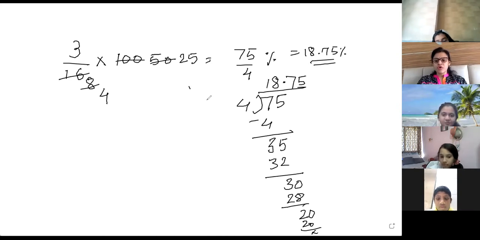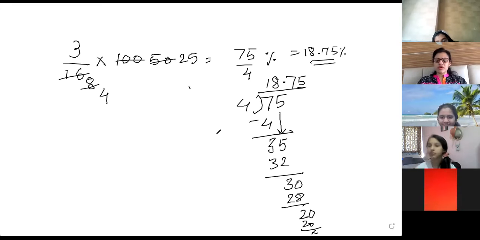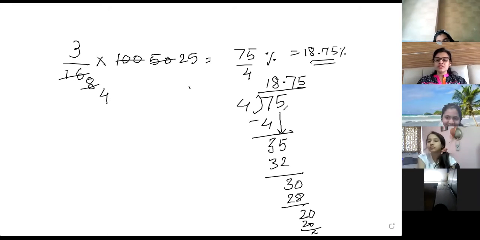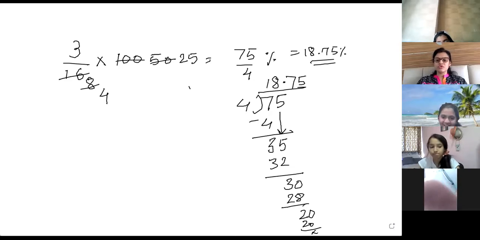Yes. Normal division that you do. Ma'am, you did not write arrows, so I was confused. Now we'll not write arrows. This is just to show you. When you're doing it in your notebook, don't put arrows now. Now you are not in small class. Everything you have to do mentally now. This I show so that you don't get confused. It is coming down. The 0 is on your own.